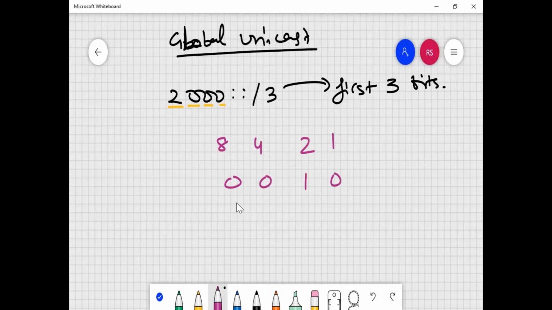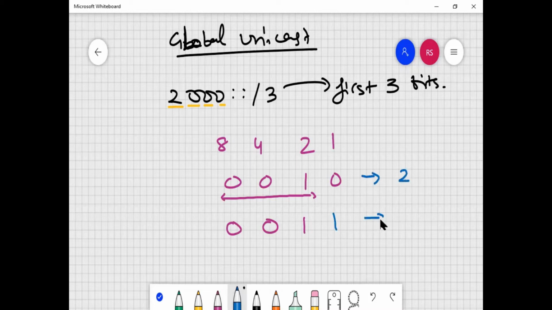The remaining bits are zeros, so it should be fixed. If it is fixed, it will be like 001. And the next option which is available over here is 1. So it is leading to 2, and 2 plus 1 equals 3. So anything which comes between 2000, sorry, which is starting with 2000 to